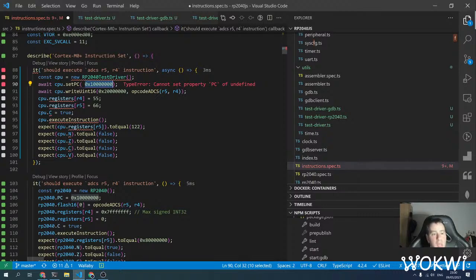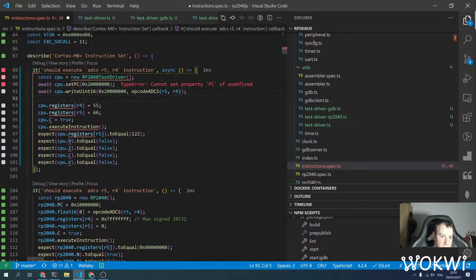So in our test cases, we wrote the opcodes to the flash, but I think we can write to the flash on the Pi Pico as well through GDB, but that would wear out the flash and would be slower. So I mean, it makes just a lot more sense to write the instructions to RAM